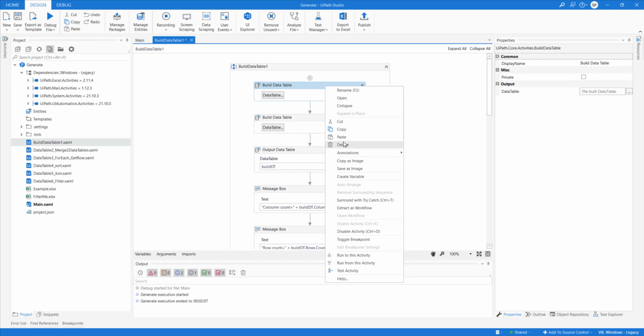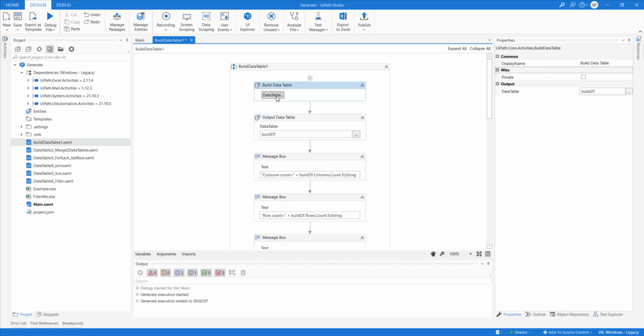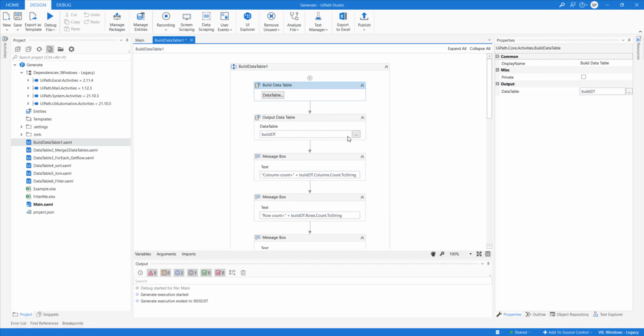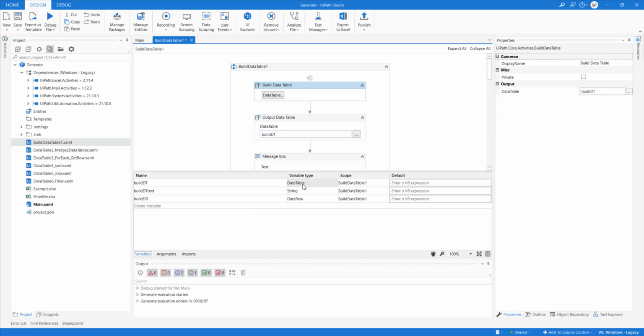Let's look at this example now. Here we have student ID as integer type, student name as string, student age, and student marks. That's how we have put the values here. The result will be stored into a build data table variable of type data table.